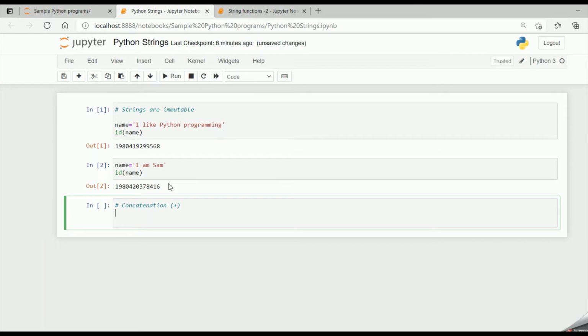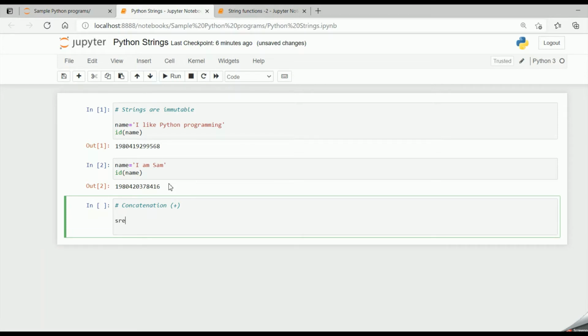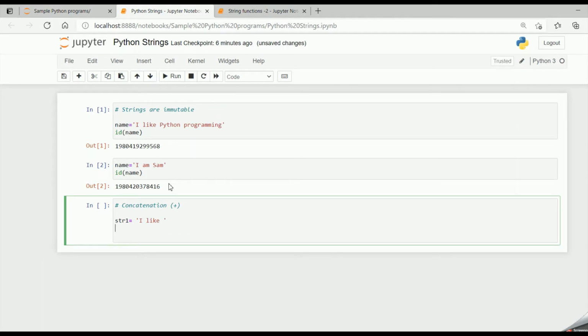So now I say str1 equal to "I like ", I'm giving one space after like, and now I say str2 is equal to "Python programming".